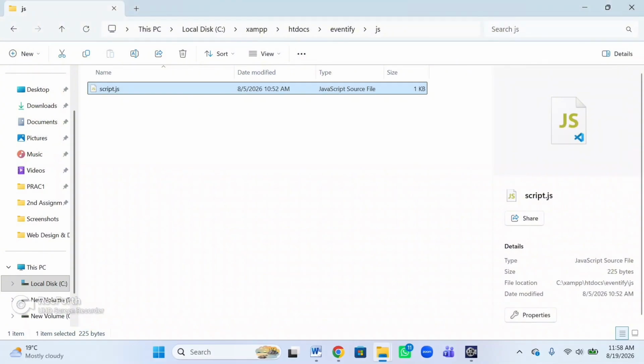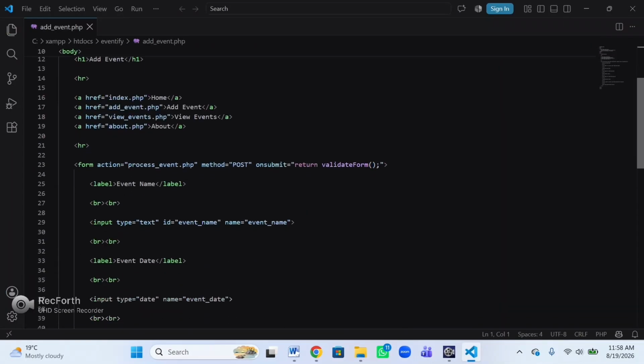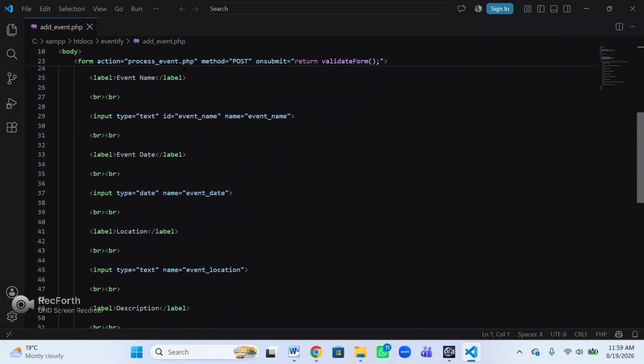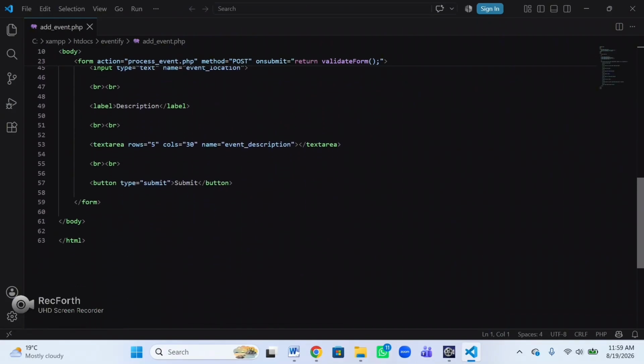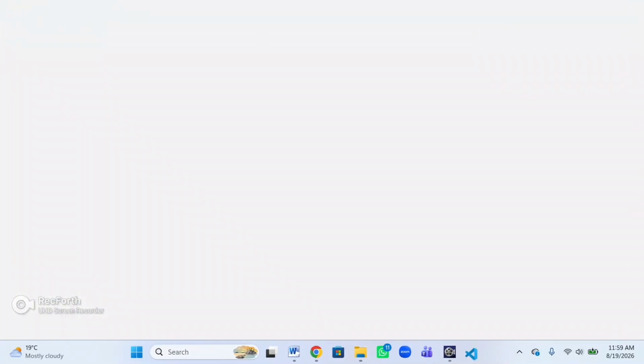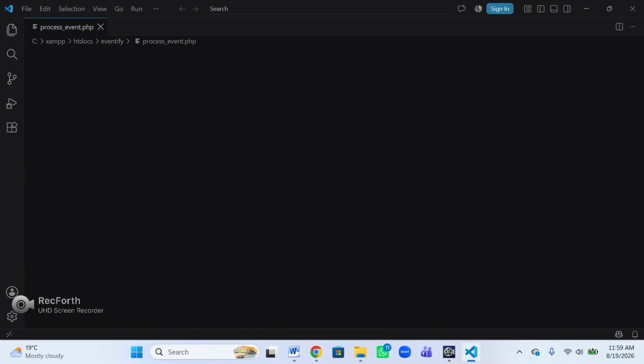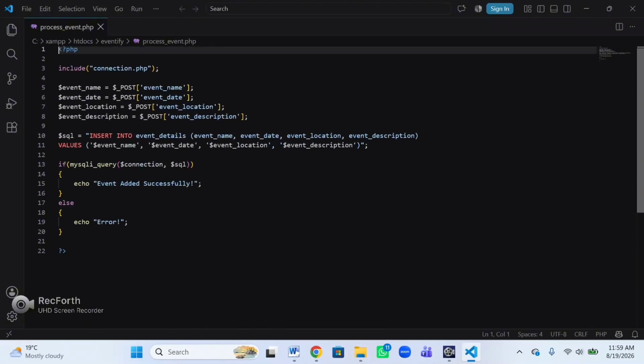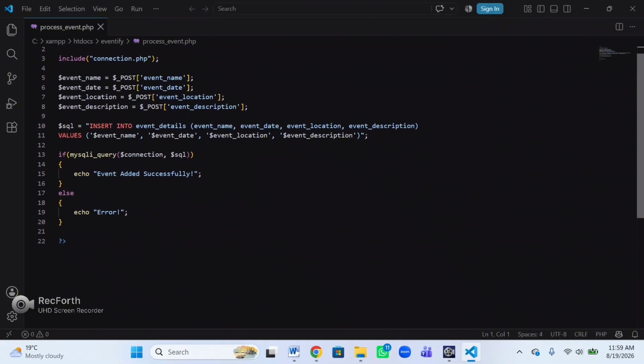Now our PHP files. So first of all, add event.php. PHP is used for the server-side functionality of Eventify. The add event form collects information entered by the organizer and the submitted information is passed to the PHP processing file. And for the process event.php, the processing file receives the submitted event information and prepares it to be stored